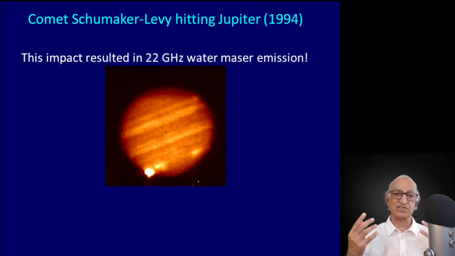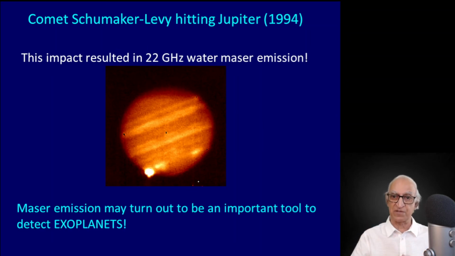Now we have 5,000 exoplanets, about which I will discuss in the next lecture. And one possible way of identifying exoplanets may be if they are struck by a comet in the stellar system, then there may be maser emission. If by luck it is beamed towards you, you can detect this maser emission, and then you will have an excellent candidate for an exoplanet. So this is a very exciting possibility of comets impacting on planets, triggering water vapor masers.